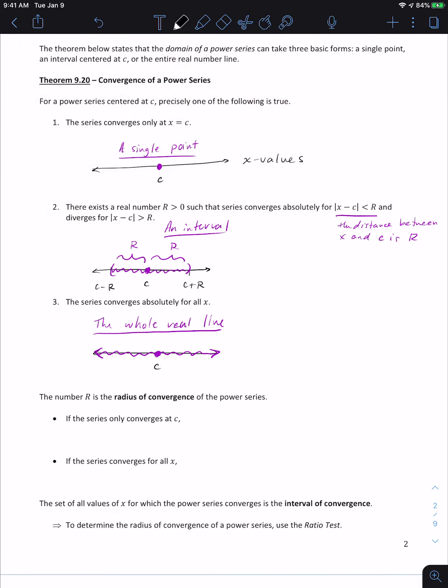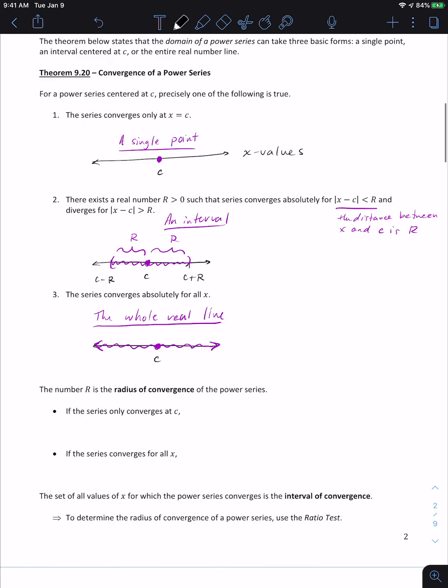And so anytime we start talking about convergence of a power series, we start talking about this radius of convergence. Looking at number 2 there, R would be the radius of convergence. So in case number 2, when I have an interval, R is called the radius of convergence because it's like the radius of a circle. It's the distance from the center to the outside. However, in case 1 and 3, we also talk about the radius, but we think about it almost a little redundantly. So if the series converges only at X equals C, then the radius of convergence